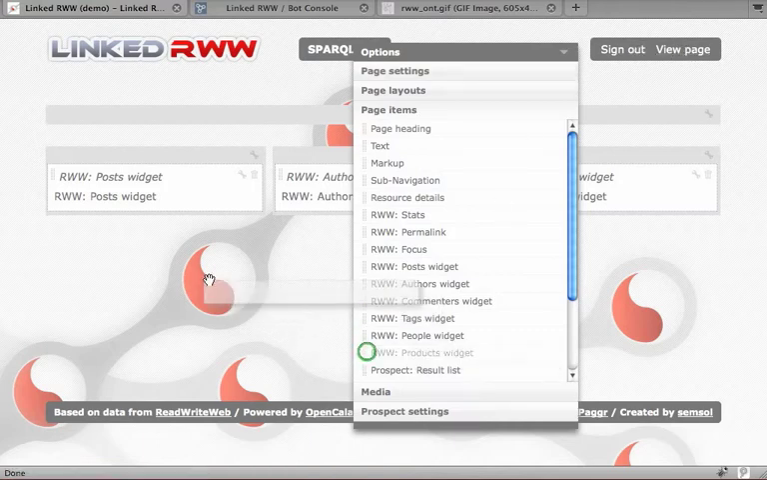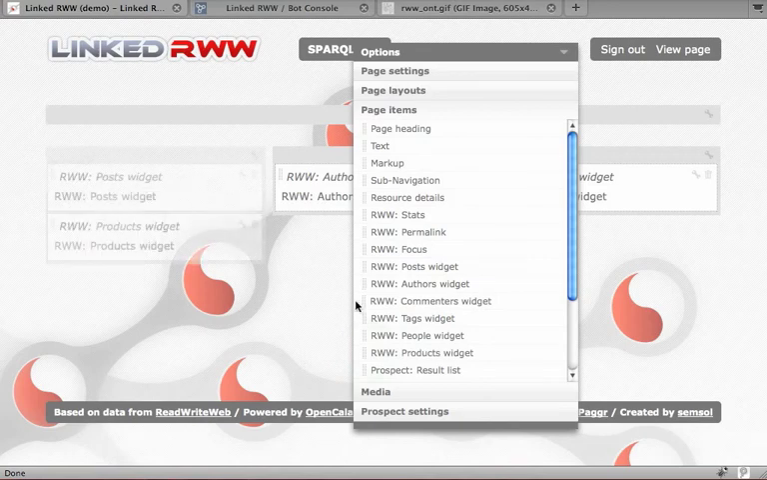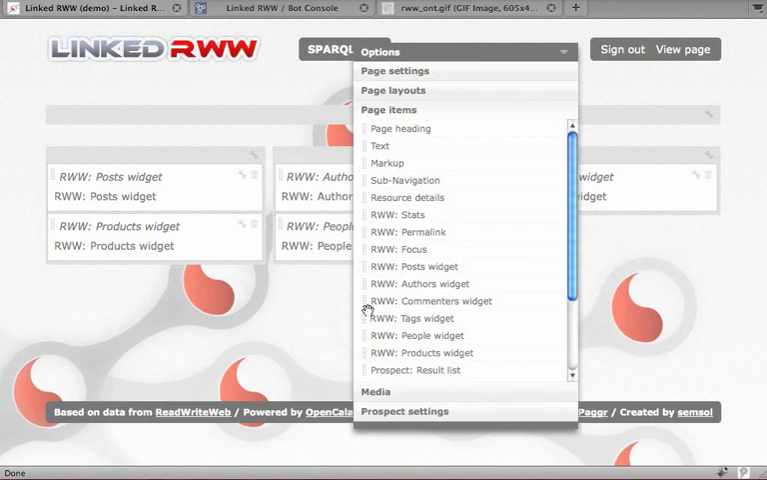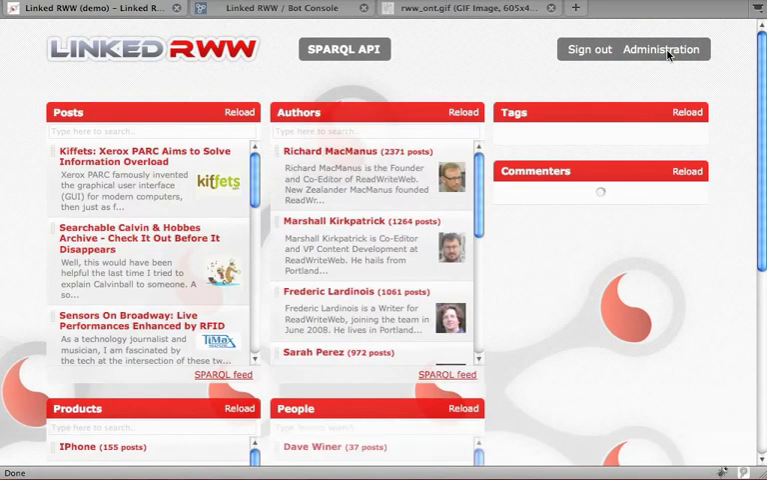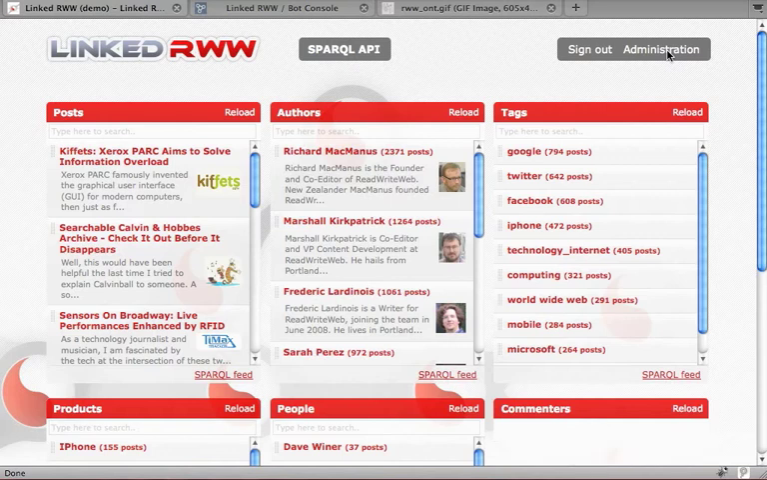So let's add a products widget and a people widget and also a commenters widget. So now we have 6 filtering dimensions and each one is connected to any other one through the linked data graph. So for example,